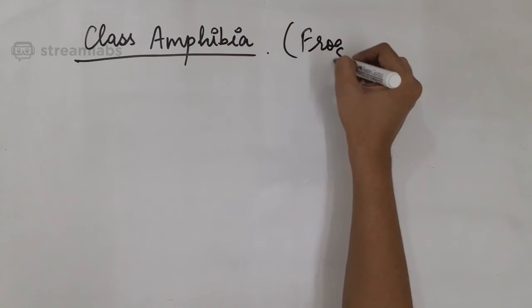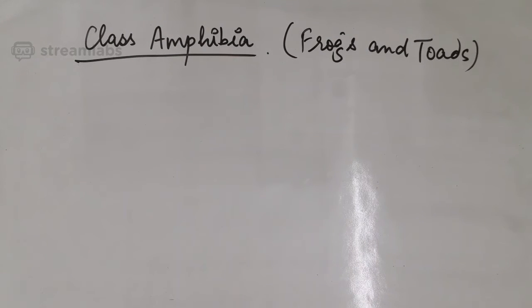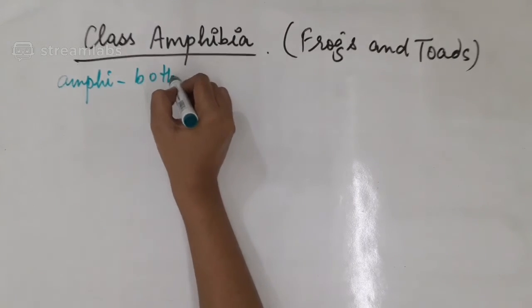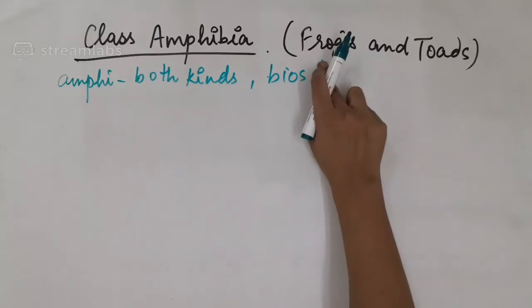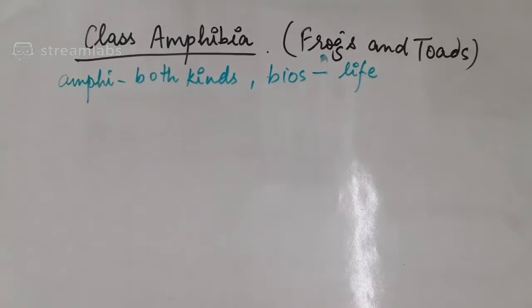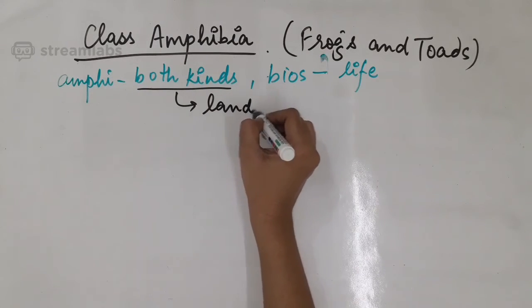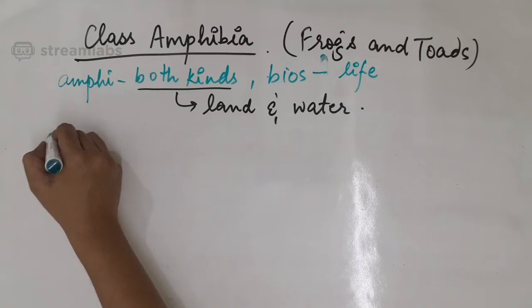Like frogs and toads. These are the animals living on land and in water. Amphi means both kinds and bios means life. Both kind means land and water both. The class Amphibia have the amphibians evolved from fish. So, first characteristic is